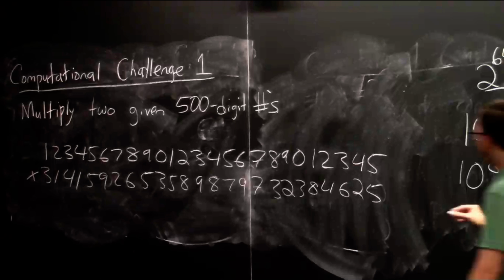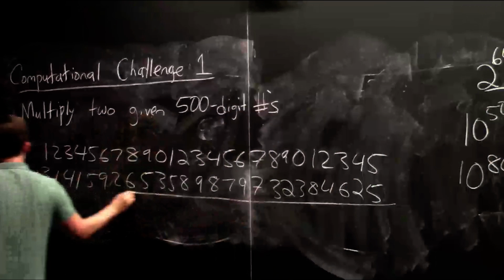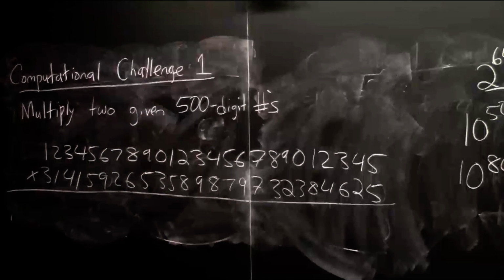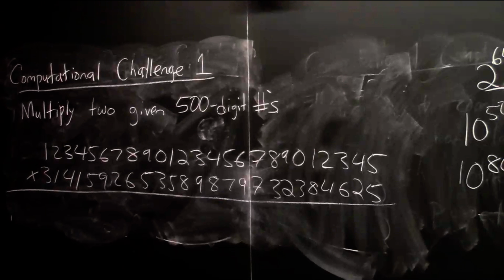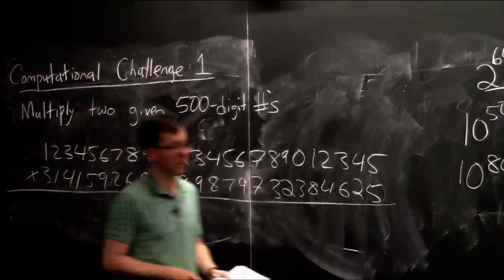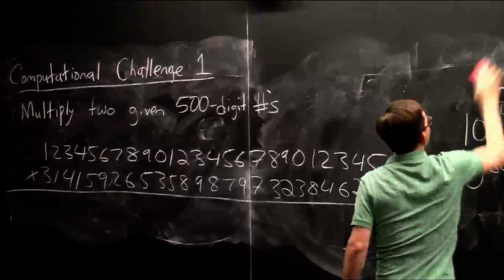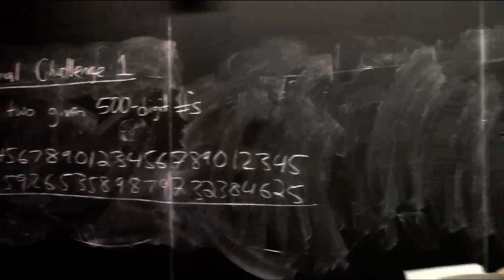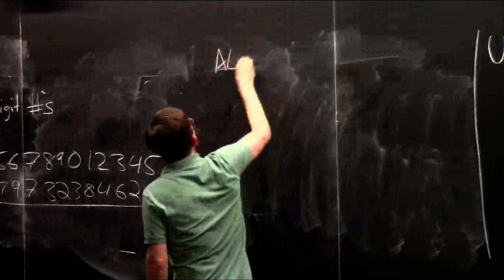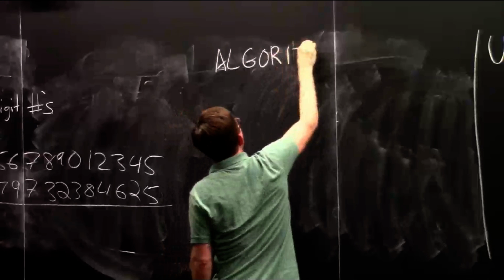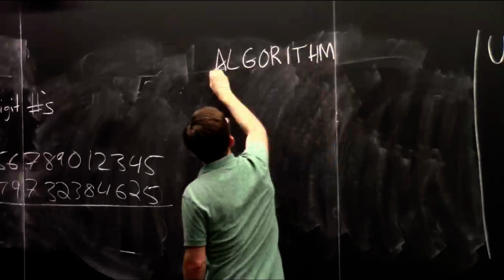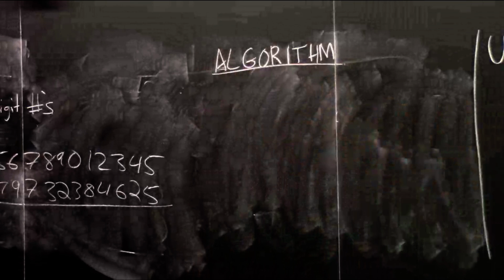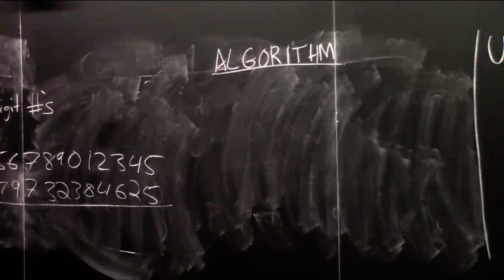Anyway, let's imagine this is your task: how to multiply these two numbers. Well, you all know how to do it, right? I mean, you learned an algorithm in grade school for doing this. There is an algorithm for multiplying two numbers. I'll sketch it for you in a second. But I just want to say that this is a task that needs an algorithm. So you know how to do it, right?